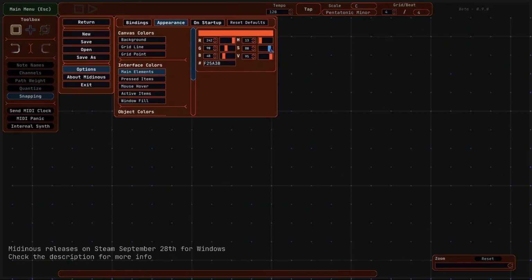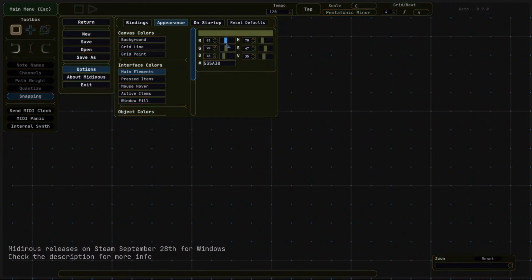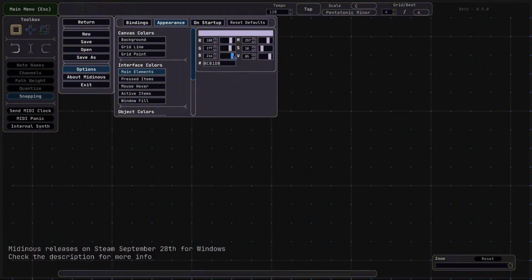You have control over things like saturation. I don't know what V means right now, but HSV, RGB is a pretty common way to do it. You can put in your own hex code if you want, but the whole UI is configurable this way. So you can configure the main elements, the pressed elements, the mouse hover elements, active items, and